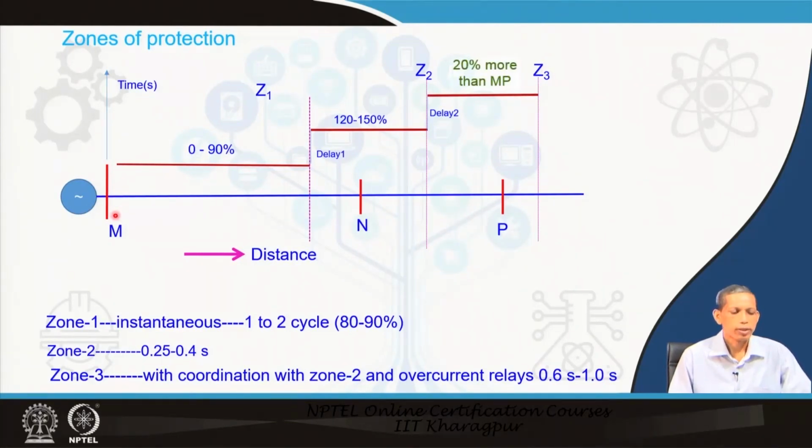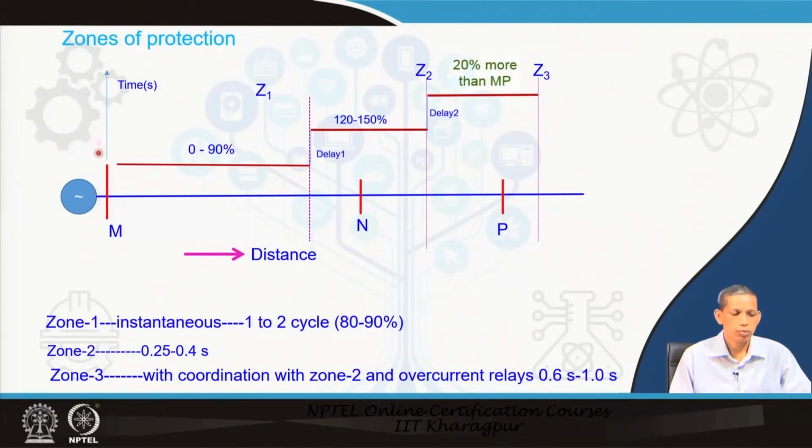So, we say that the distance relay at Rm will have 3-step relay characteristics. First is zone 1, say up to 90%, zone 2, say up to 120 to 150% of this line section Mn, and zone 3 up to M to P. So, more than 120% of the MP section from here, and that leads to complete 3-step protection for Rm. Similar step protection will be available at N and P and so. So, this is what zones of protection, step protections, are.